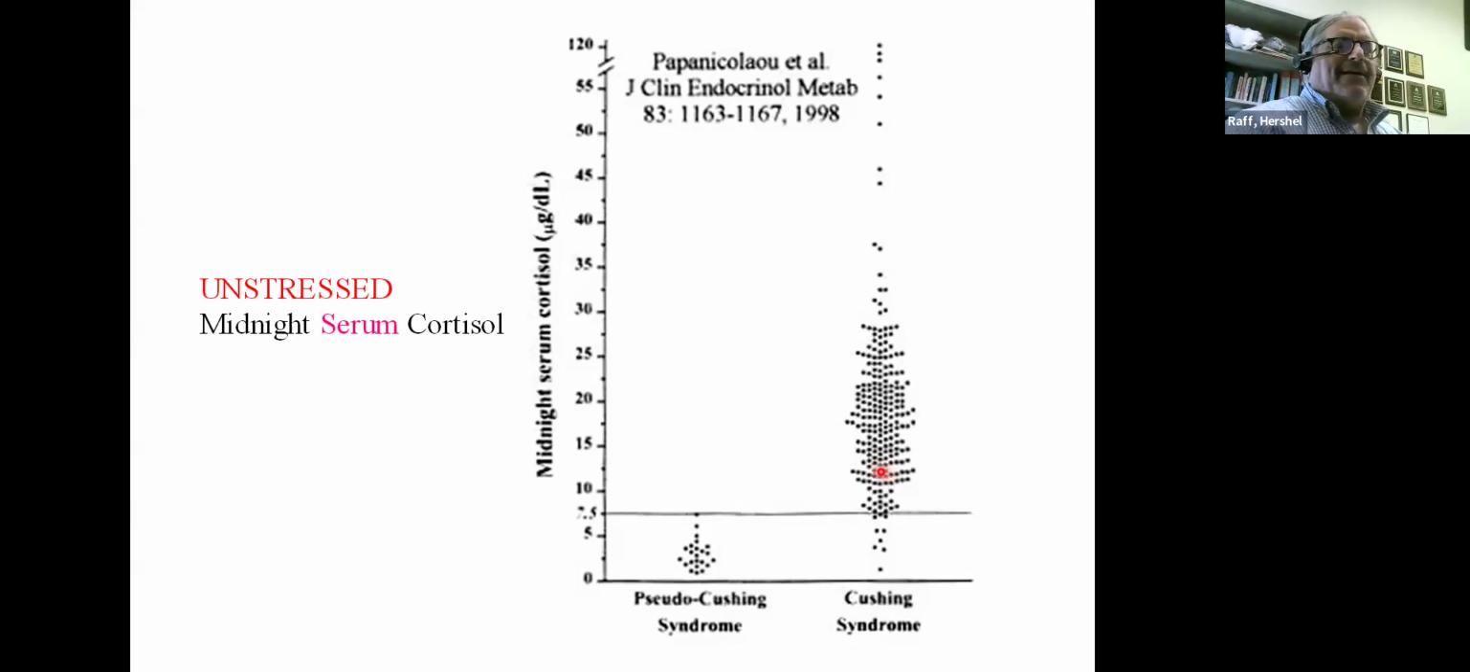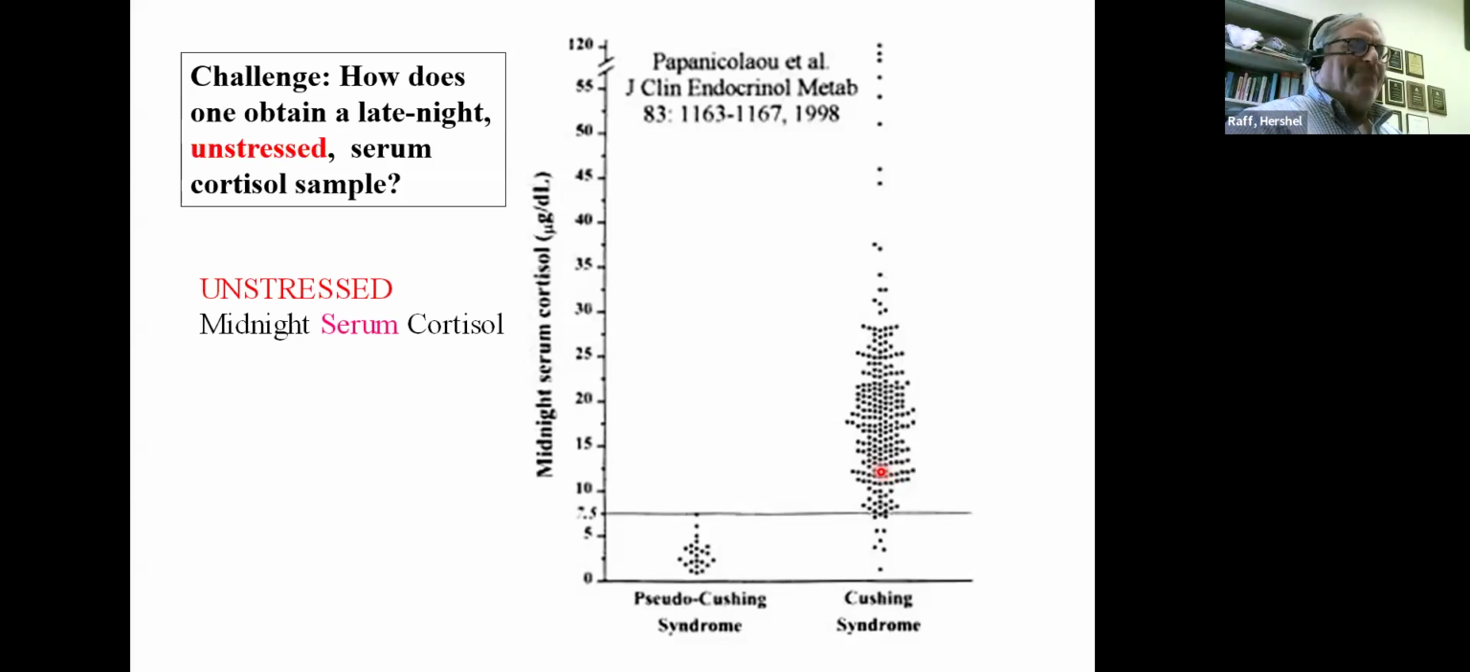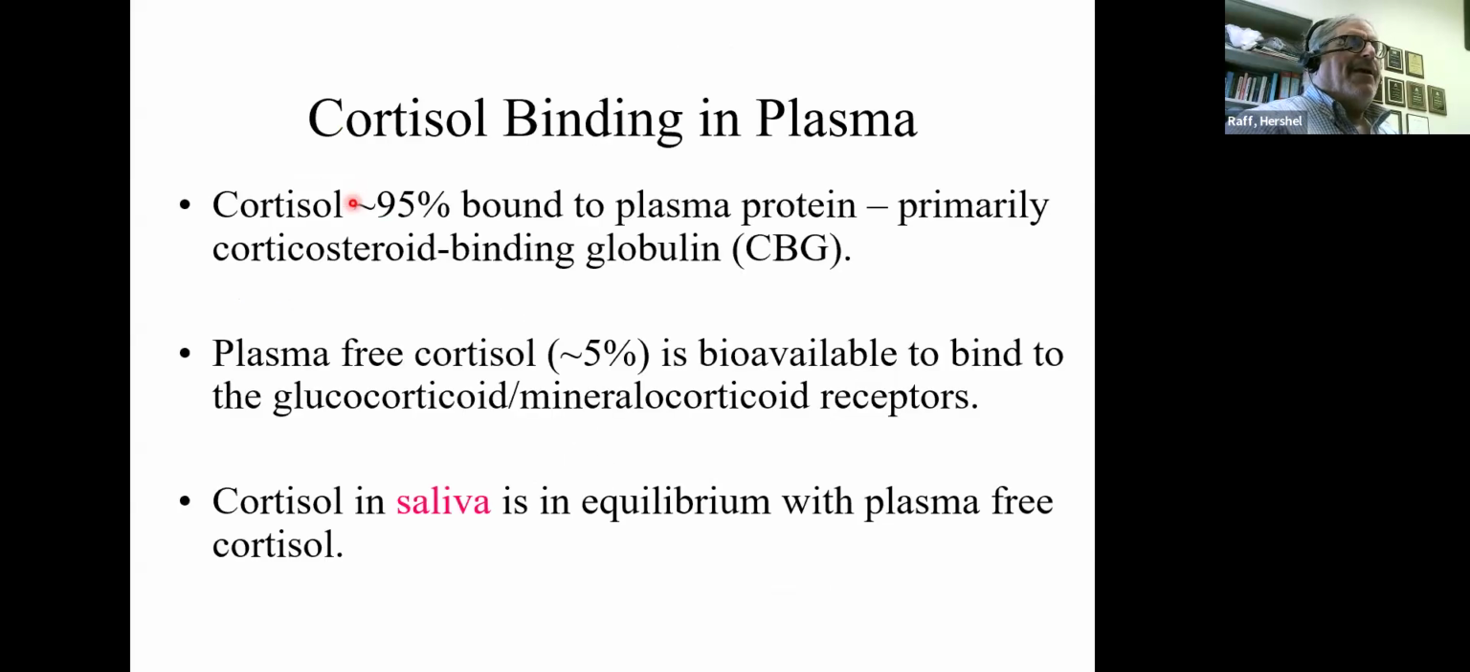Great, fantastic, problem solved. The problem is, how does one obtain a late night unstressed serum cortisol sample in any circumstance, but particularly in primary care? There is no way to do it that makes any kind of sense, either in terms of efficiency or accuracy. It turns out, however, if you remember way back when you learned about this stuff in school, steroid hormones